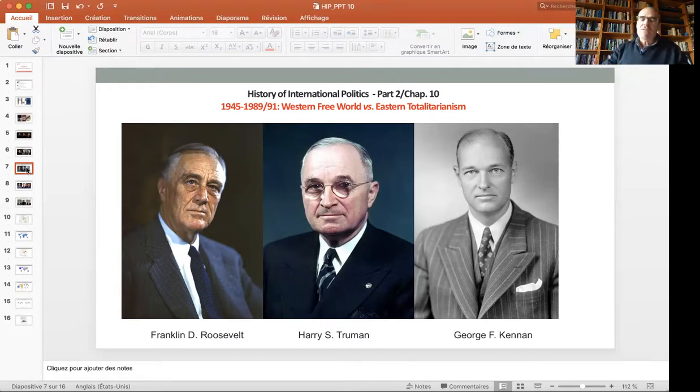Let's have a little closer look, ladies and gentlemen, at the United Nations, its charter, and how this charter was or not put into practice throughout the Cold War period. The United Nations, ladies and gentlemen, embodied, at least throughout the Cold War, things will again evolve after the end of the Cold War. We'll come back to this next week.